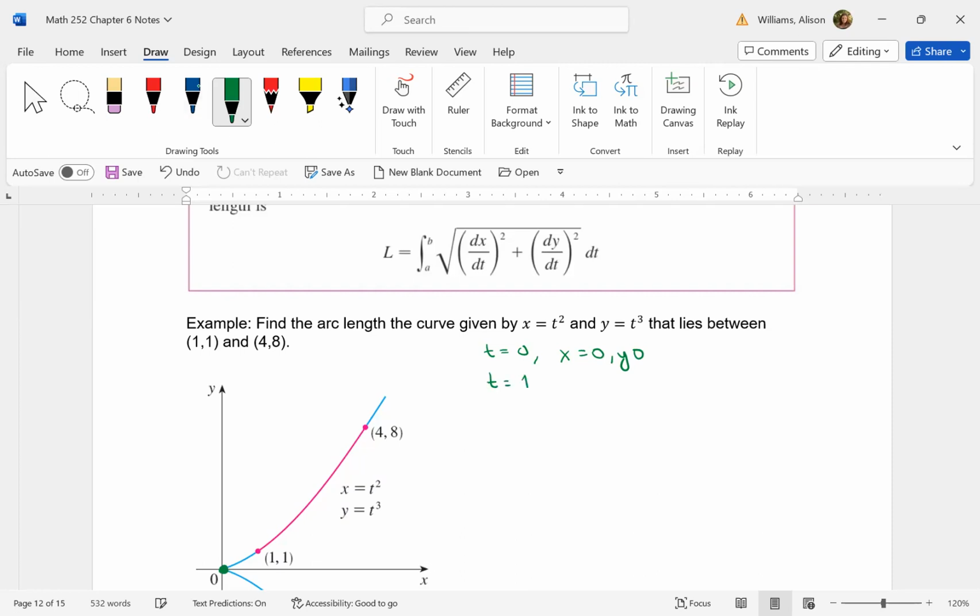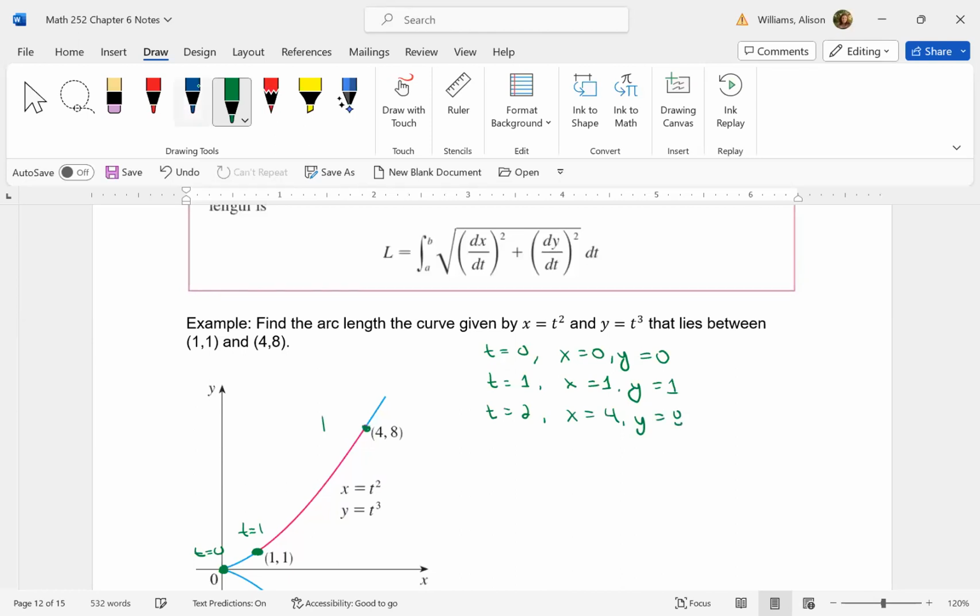When t equals 1, x equals 1, and so does y, and that happens to be this point right here. So this is t equals 0, t equals 1. Okay, t equals 2. And at t equals 2, x equals 4, y equals 8, and that's this point